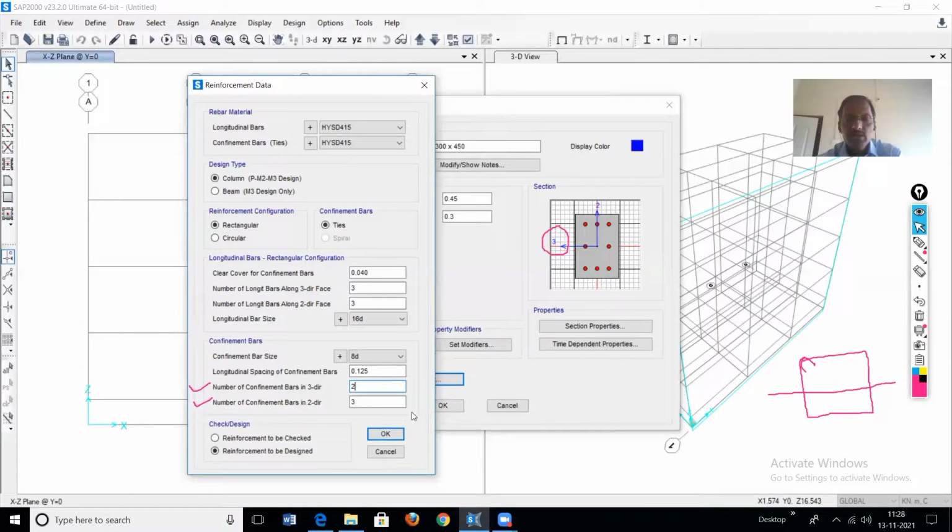Now in the direction 2, if this is the configuration, when we take the section here in this way, again it is cutting how many bars? Lateral ties, it is 1 and 2. It is cutting 2 bars. So in 2 direction also, it will be equal to 2 number of bars. So it depends.